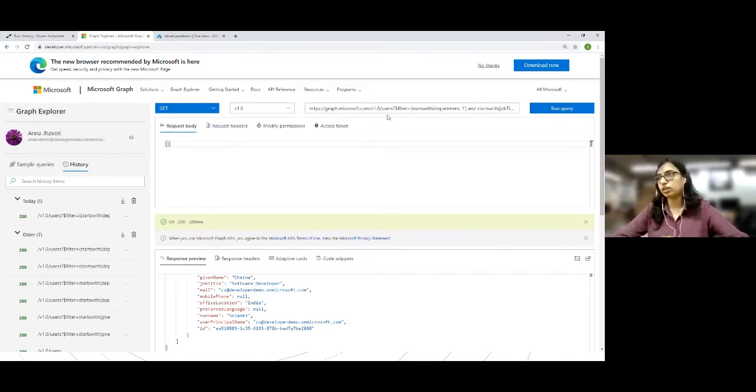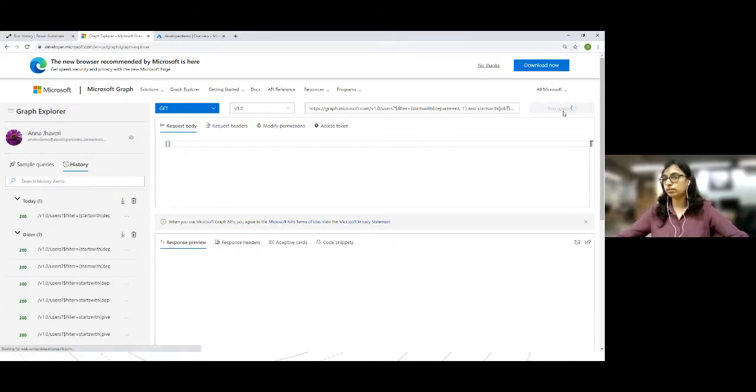The Graph API that we are using will get the user details from Azure AD, based on the filter provided by the user. Here I'm using Graph API to get the users with this specific filter. I can get users by department or job title or any other attribute I want to use to filter the users. This is the query I have written here in Graph API.